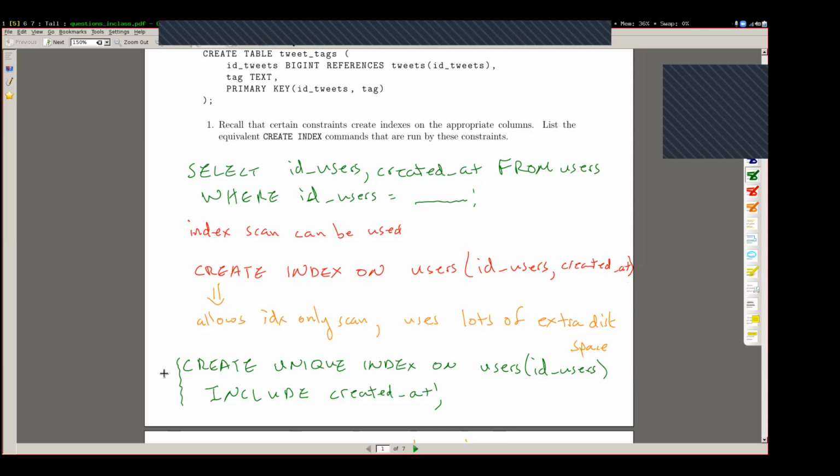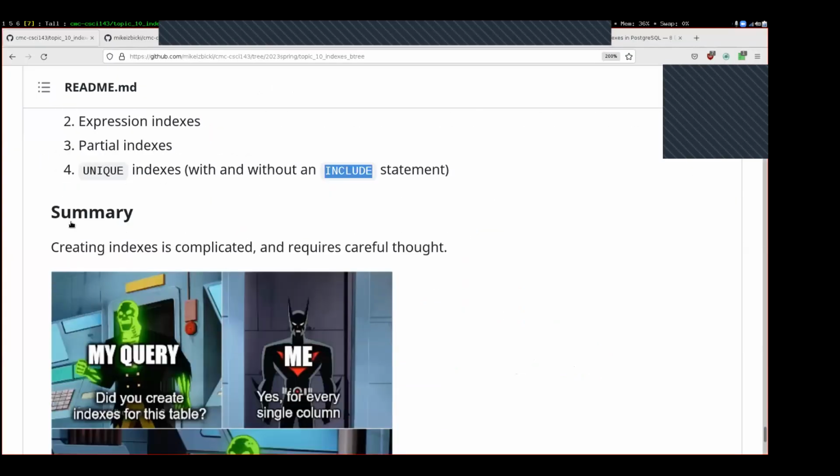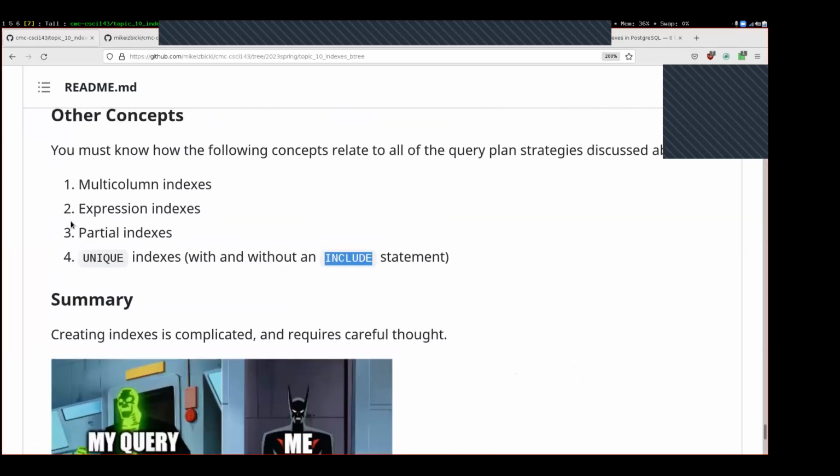Any questions on that include operation? Okay, then that is everything about the generic btree indexes or